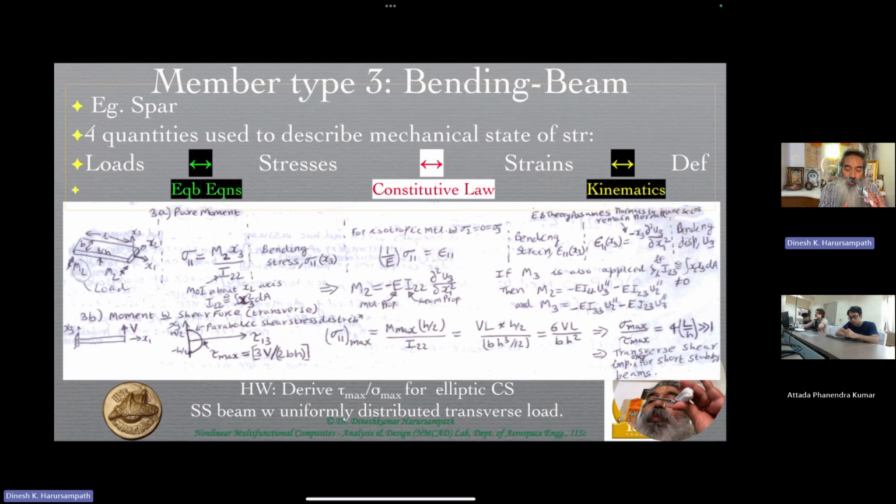But the other plane, your X3, X1 plane, will never be a plane of symmetry because of the use of airfoil cross section. We can't use, for example, a circular cylinder as the wing. It will not generate enough lift, and the drag will be pretty much the same as the lift, and you will not be able to fly, which is why the airfoil shape is so important from the aerodynamic point of view. But that creates a structural complexity for us, not only in terms of the manufacturing, but also in terms of the analysis